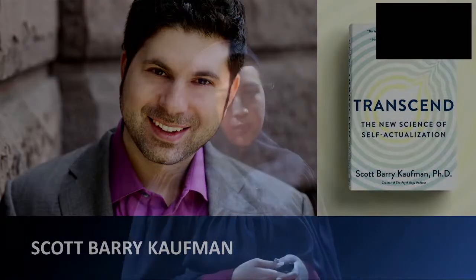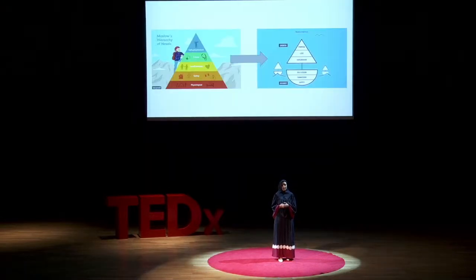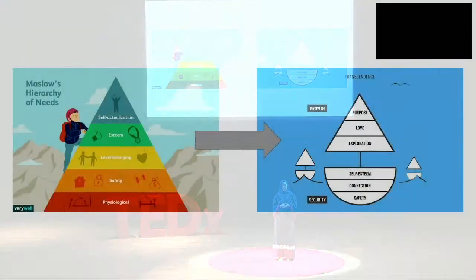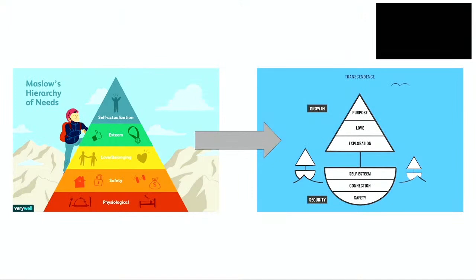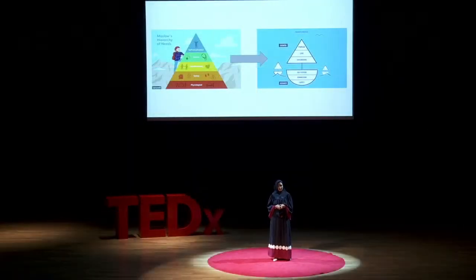In his thought-provoking book, Transcend, the New Science of Self-Actualization, he explores the science of transcendence and its potential to unlock our fullest capabilities. He eloquently describes transcendence as a shift from the traditional pyramid-shaped hierarchy of needs to a boat-shaped structure. But why a sailboat, you might ask? Because transcendence is not a rare achievement to be ticked off, but rather an ongoing journey of self-improvement and growth towards a brighter future. It is a constant effort to evolve and strive for excellence in all aspects of our